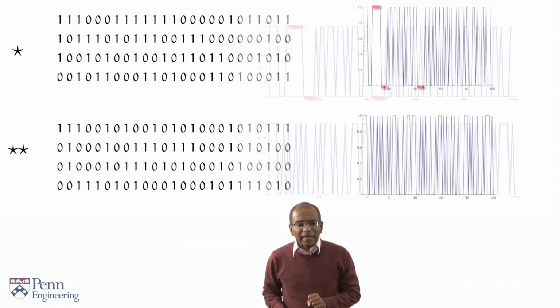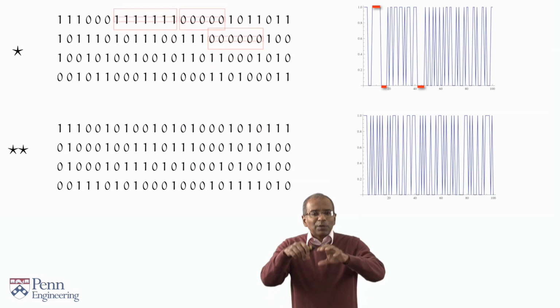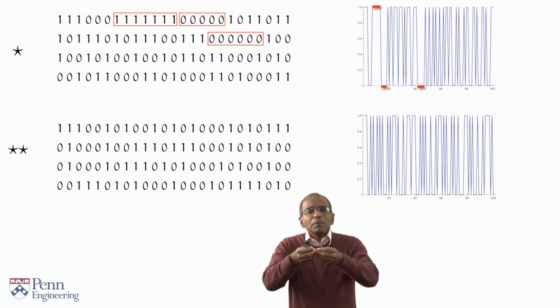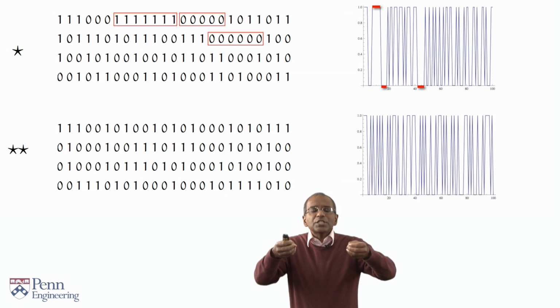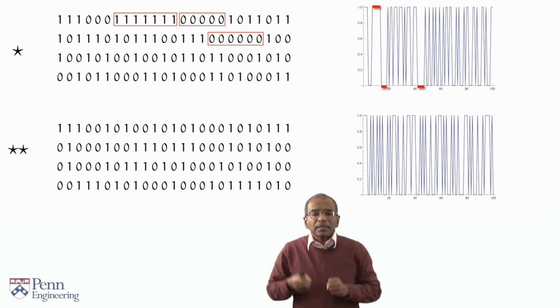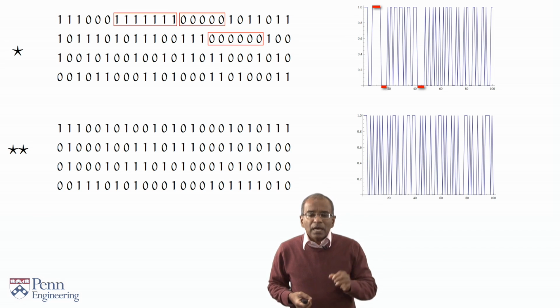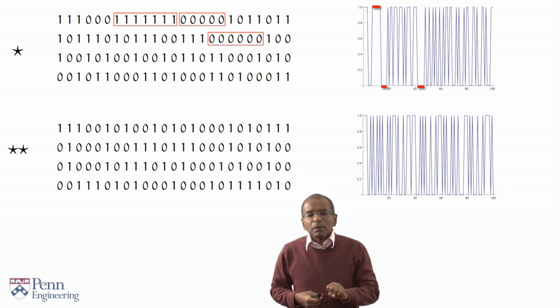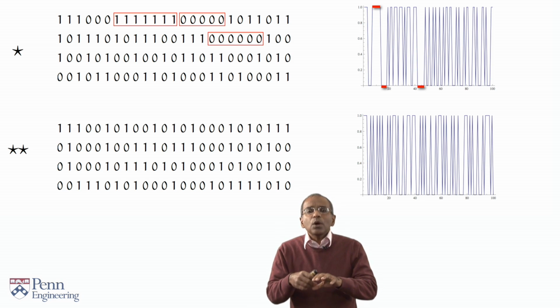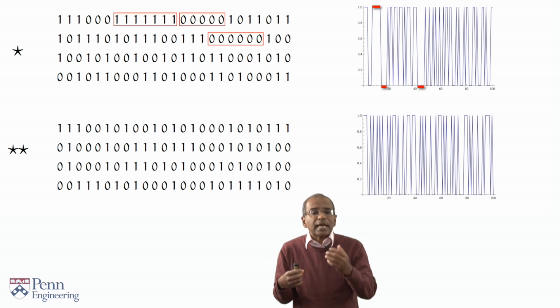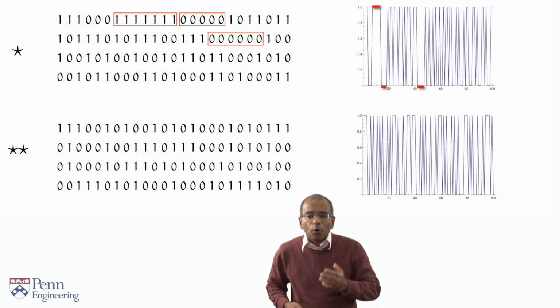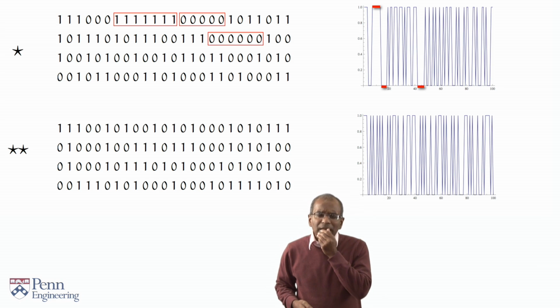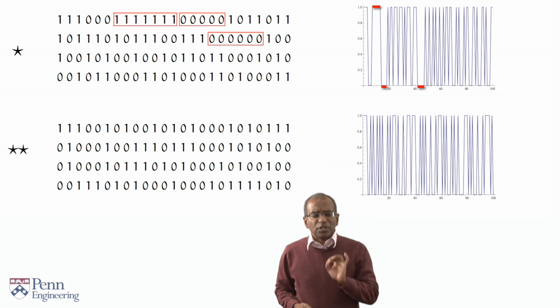If we hone in on these mesas and valleys, you find that in the sequence labeled star, you have at one place in the sequence 7 contiguous ones, 7 heads, and at two other places in the sequence, a sequence of 5 consecutive tails and a sequence of 6 consecutive tails. The sequence labeled double star, on the other hand, has no contiguous sequence of successes and failures, heads and tails, of length more than 4. I wonder if the evidence for the sequence labeled star is looking just a little suspicious.